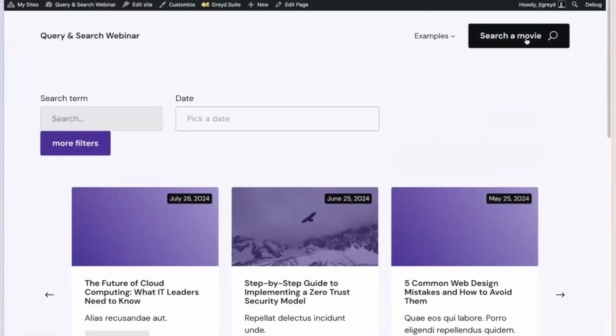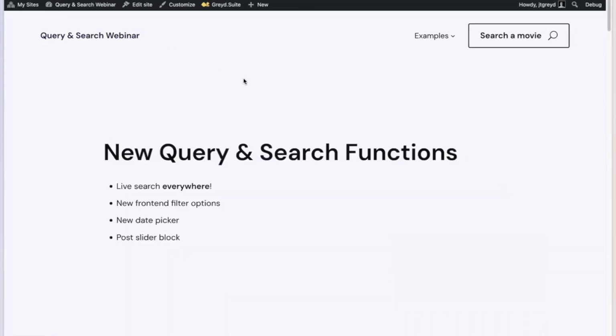Let it be in a popover, let it be in a footer, let it be in a sidebar, let it be on a WooCommerce page, whatever you want. You can use our functionalities inside the search and filter the post results live for all of your users inside the front end. So yes, this was an overview of what is possible now with the latest updates. So you can include a live search everywhere.